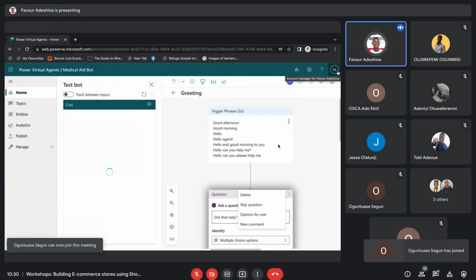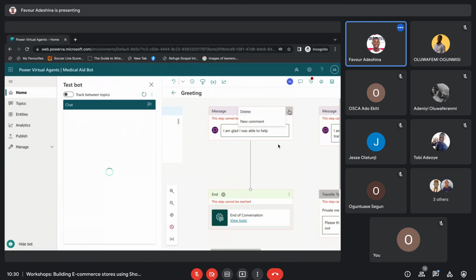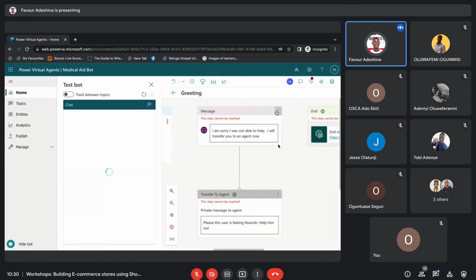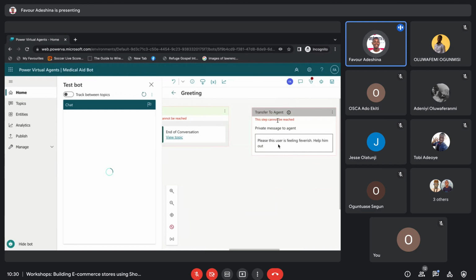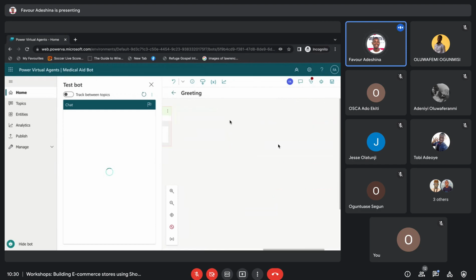I'm not currently on my student ambassador account because there's some sensitive information there that I can't show. So I had to sign into a different account for this call this morning. I've deleted everything, and I can't create multiple chatbots with this free account.